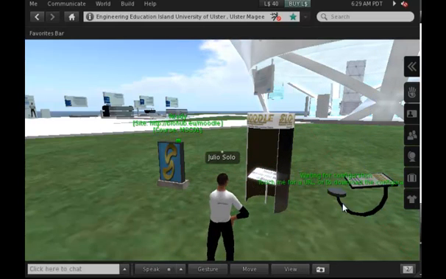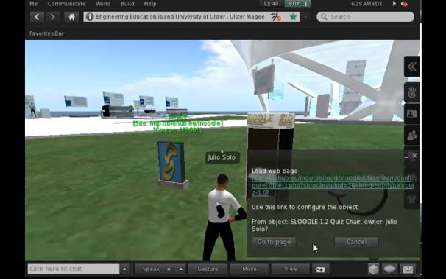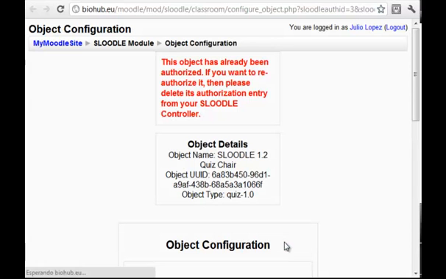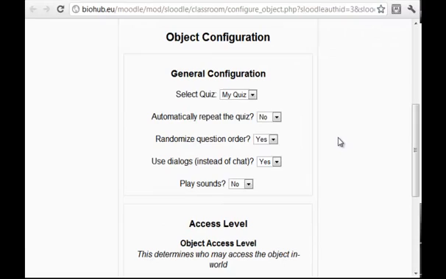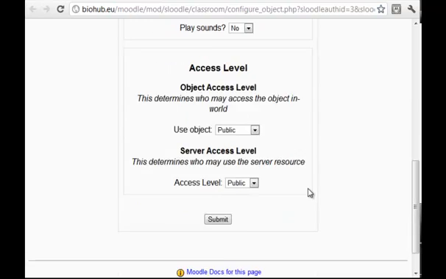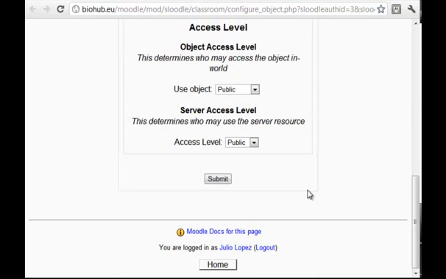And I have to click on the object to start the configuration, right? So I choose again go to page, and the object is automatically authorized. But for those objects directly related to a certain Moodle activity, such as quiz, you will have to select also that specific activity from the list, right? You will also find different parameters that you can set from here. Of course, in these cases, the activity has to exist in Moodle before the object can be created in Second